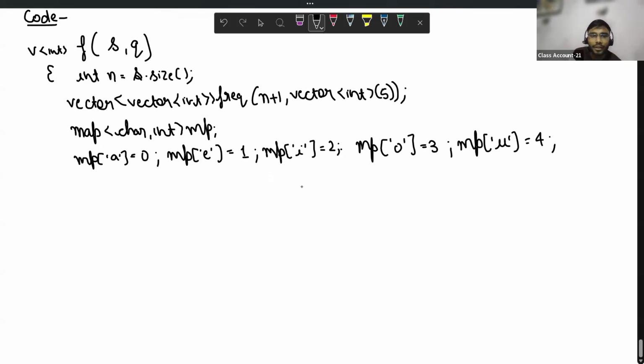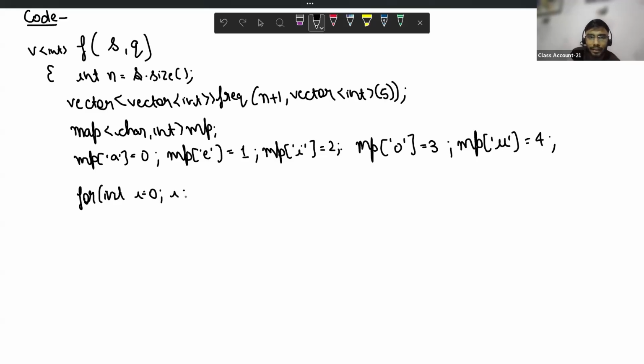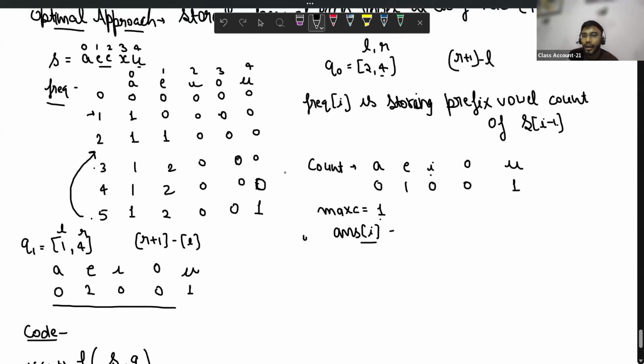Okay. After that, let's traverse through the string and store its prefix count of vowels. Int i equals 0, and i less than the length of the string, that is n. I am calculating the prefix, so for s of i, the result will be stored in frequency of i plus 1.